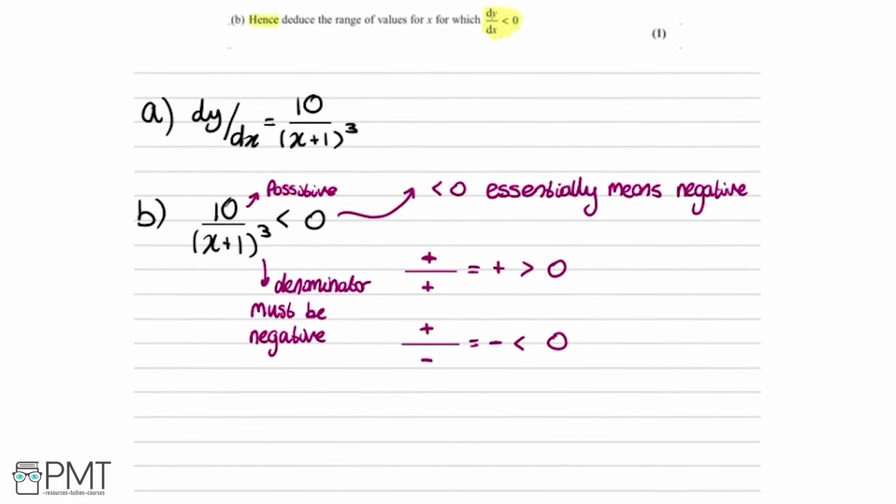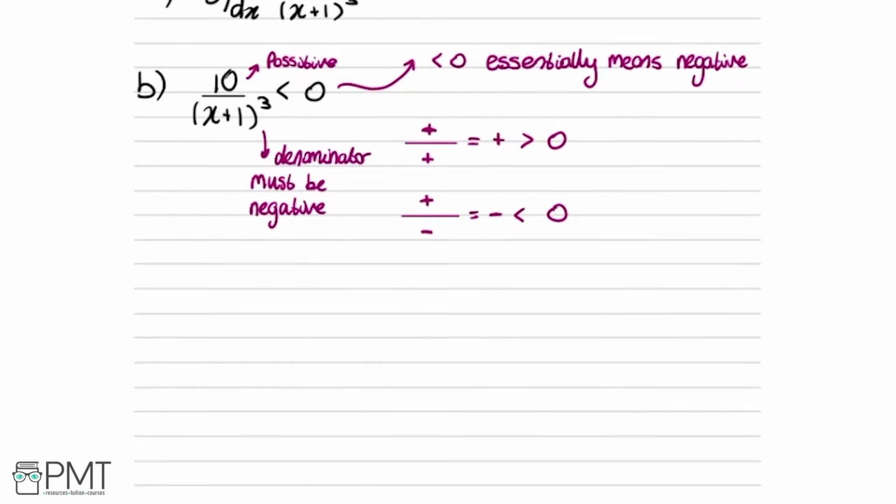So we're going to break this down even more. Essentially what we're now saying is that (x plus 1) to the power of 3 needs to be negative, so it needs to be less than 0. So now we've got a new inequality. Right, so now we're going to think about this in a similar way again. We have something to the power of 3. A positive number to the power of 3 equals a positive. A negative number to the power of 3 equals a negative. So, breaking this down even further,